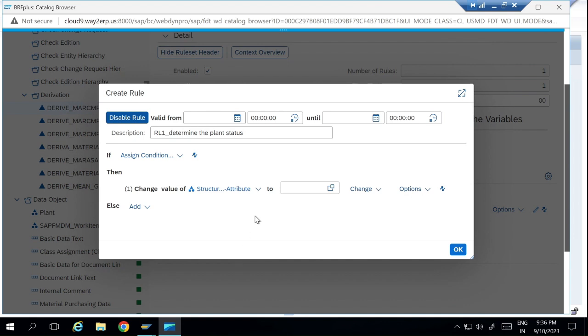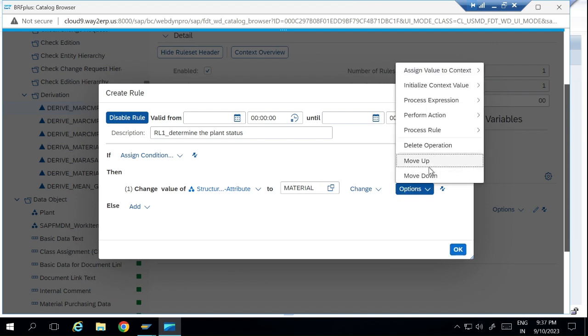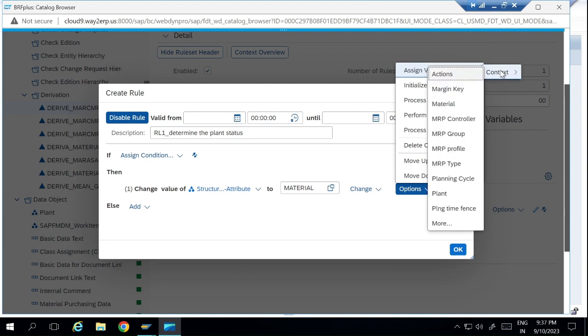So we get the definition change value of the structure attribute, and here we will define a variable called material, and once done we'll click on the option, and then again using the context say more,